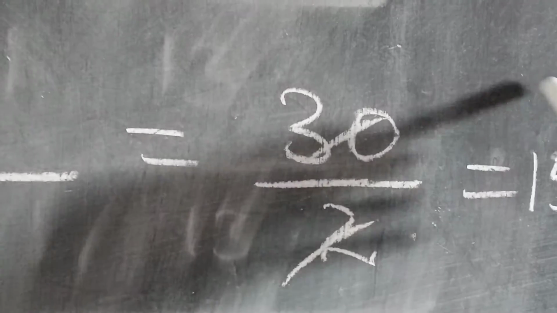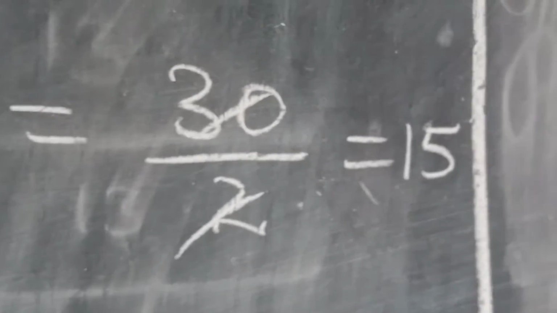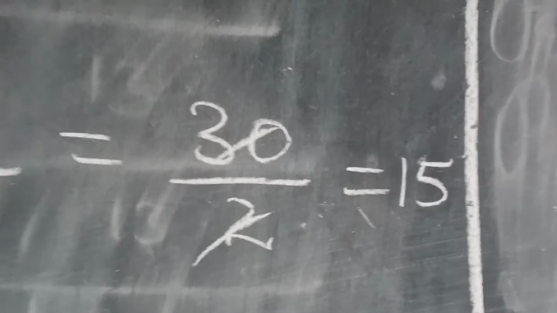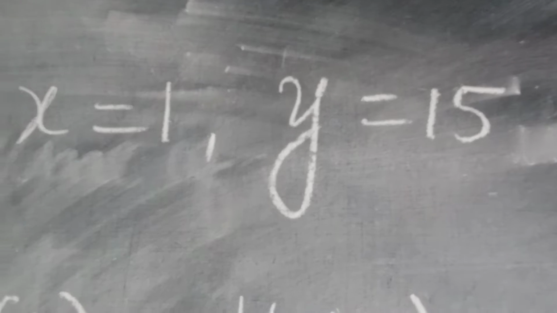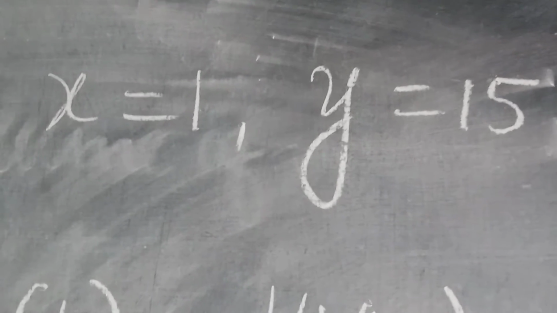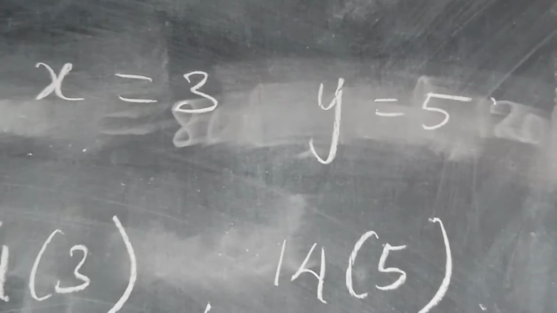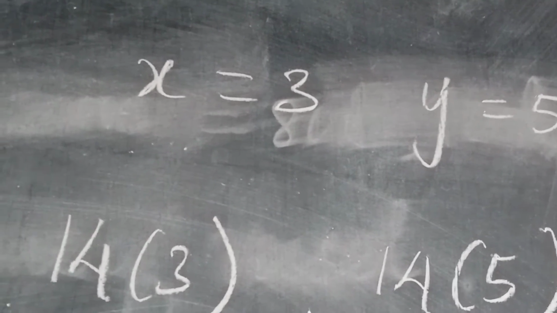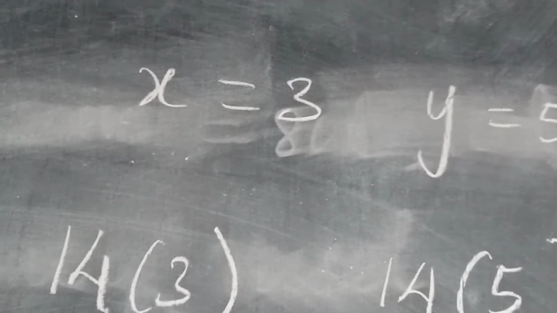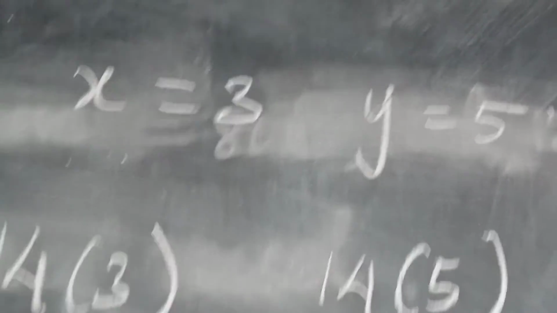Now we have the product xy as 15. So in which ways can we get the factors? Now you see, when x is 1 and y is 15, 1 15 is 15. Another way, 3 into 5 is also 15. So two ways we can get. We take x as 3 and y as 5, or we can interchange them.